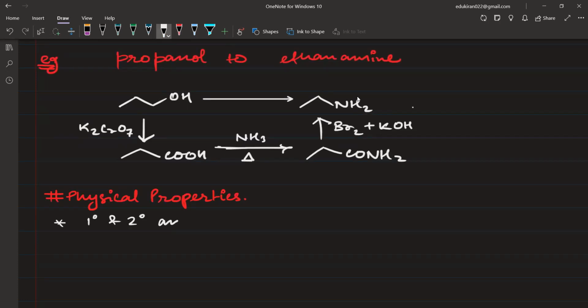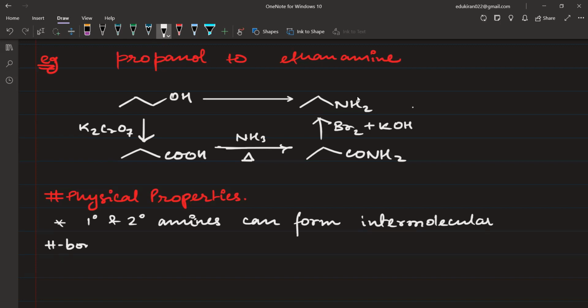One degree and 2 degree amines can form intermolecular hydrogen bond, and hence they have